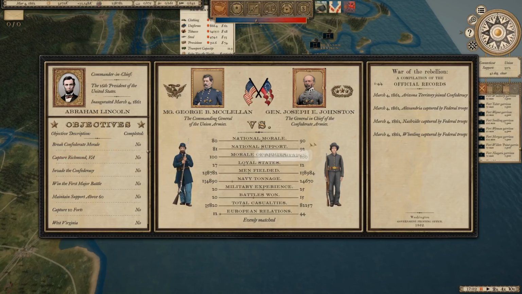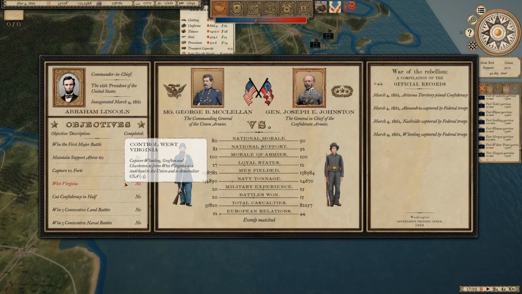Okay. Apparently we've captured Wheeling, Nashville, Alexandria, and Arizona territory was captured by the Confederacy. So the Union objectives are more varied than the 1861 campaign. Break Confederate morale, that's 1. Capture Richmond, that's 2. Invade the Confederacy, that's 3. I feel like we've already done that, but anyway. Win our first major battle, we haven't done that yet, and I don't know what counts as a major battle. Maintain support above 60, capture 10 forts, West Virginia, I guess that would be control West Virginia to allow it